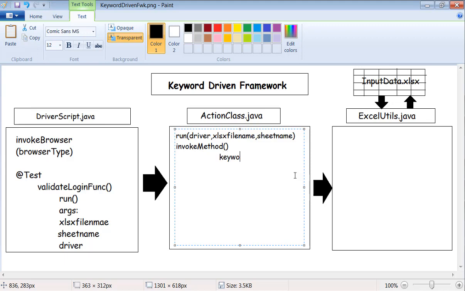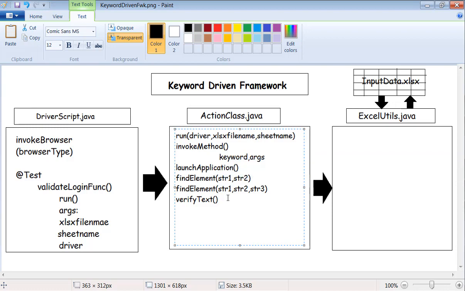What we need for the invoke method, we say keyword, args. When I say args, it will be 2 arguments or 3 arguments. Now we have launch application, one method is there. We have find element, which takes 2 arguments, string 1, string 2, and we have another find element method with string 1, string 2, string 3, and we have verify text also available, which will help you to validate the text.